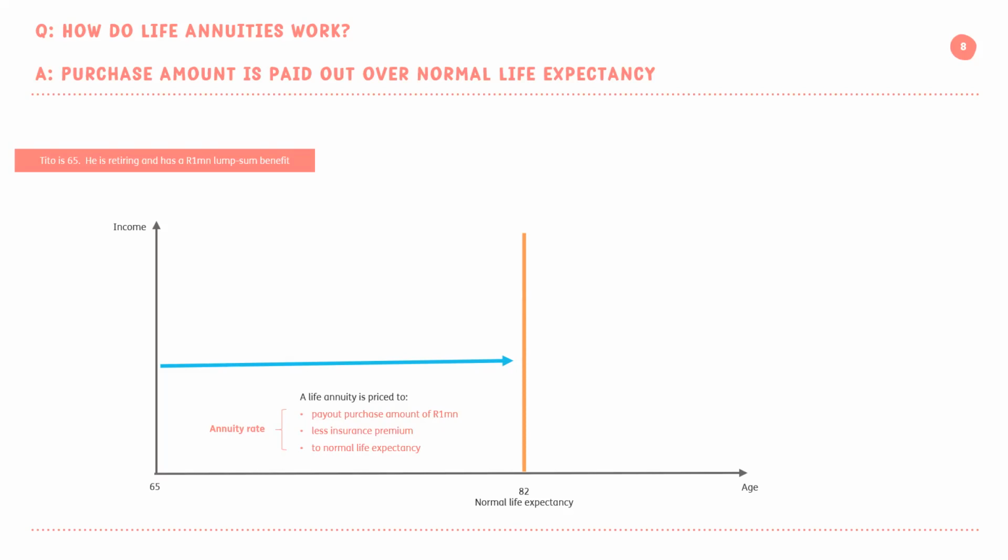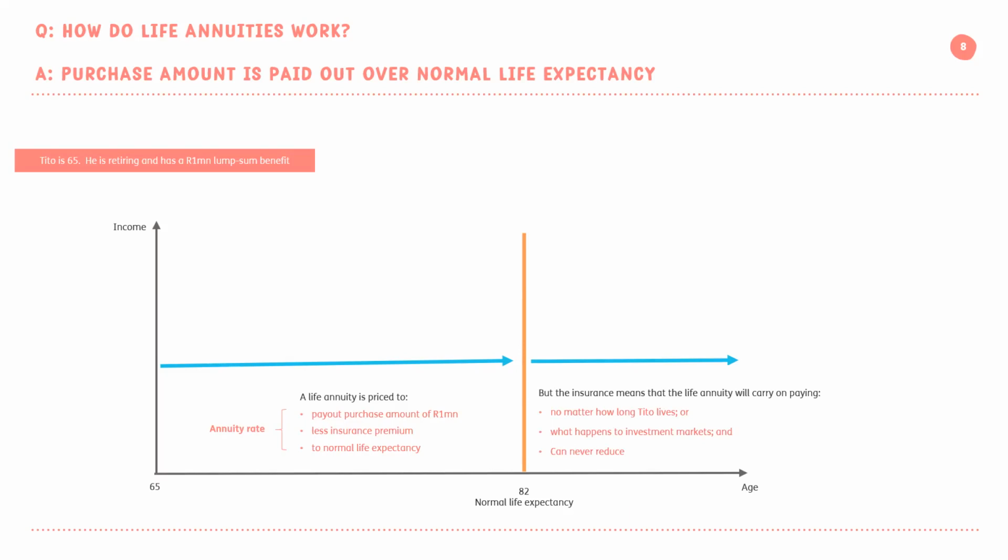That's 17 years, and a female should live to 87. That's 22 years. And obviously, well, not obviously, but we do believe that females live longer than males. And a 65-year-old male is prepared to say, here's my lump sum capital, because they don't know how long they're going to live, but should they live beyond their life expectancy, they'll continue to receive their income. So we've priced that a life annuity.